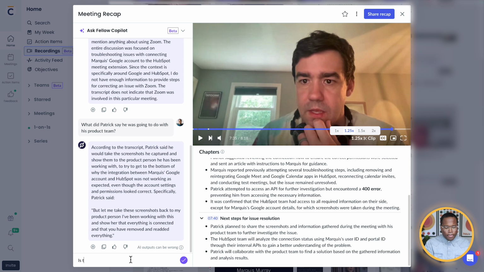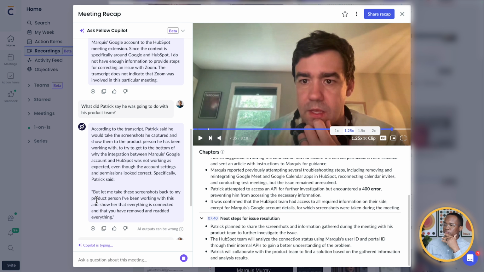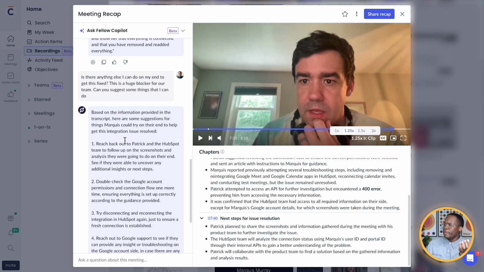Okay, let's see. Is there anything else I can do on my end to get this fixed? This is a huge blocker for our team. Can you suggest some things that I can do? There we go. Let's see what it says for me. So it's gathering insights based on the information provided in the transcript. Here are some suggestions that Marquis could try on their end to help get this